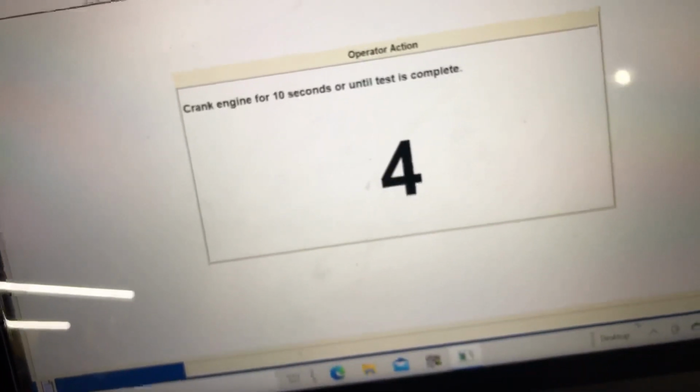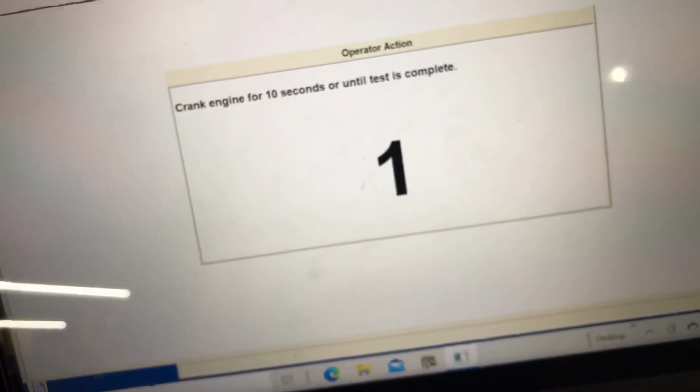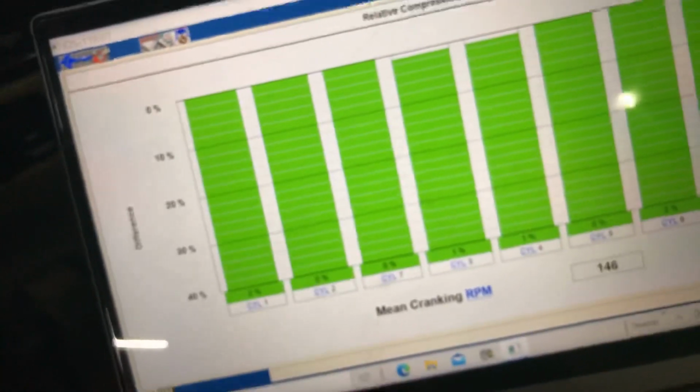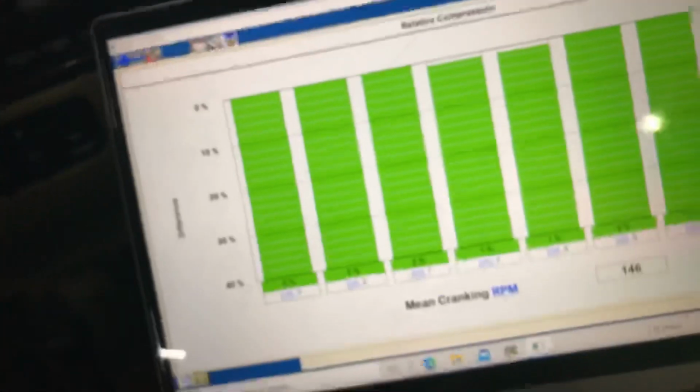It's cranking pretty freaking good. It's slow though. Yeah, see? It's cranking pretty good. We might be looking at injectors. He said it started smoking real bad, which...